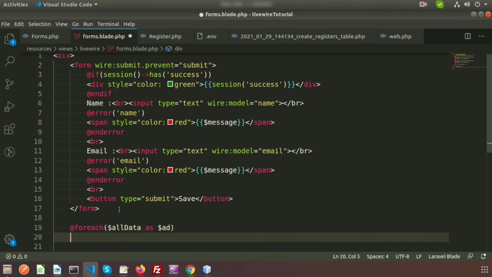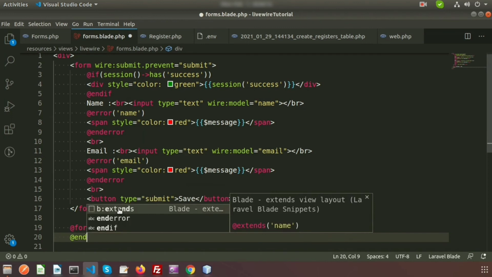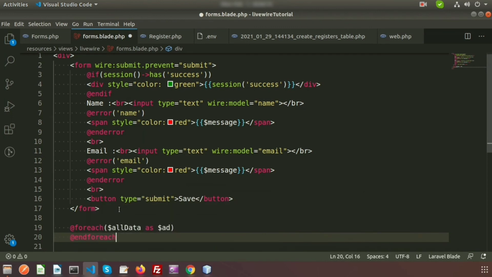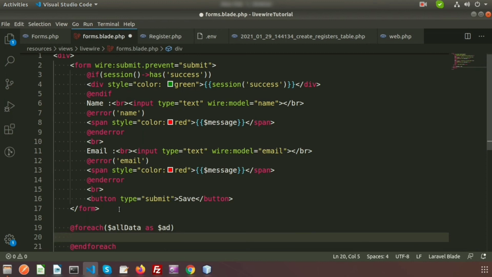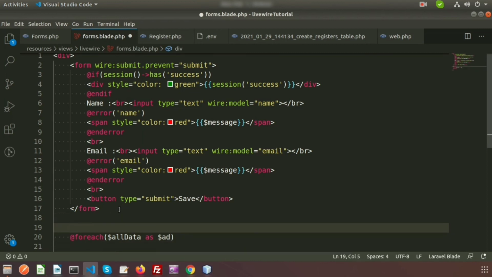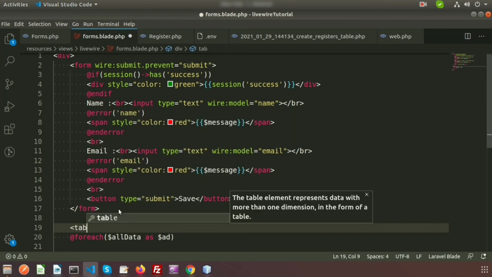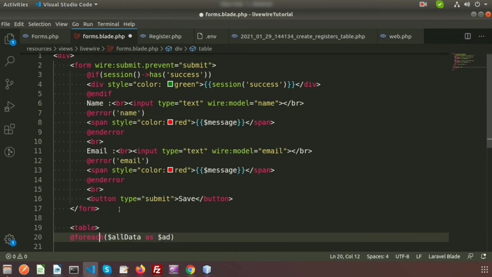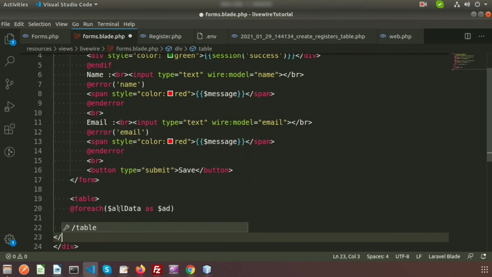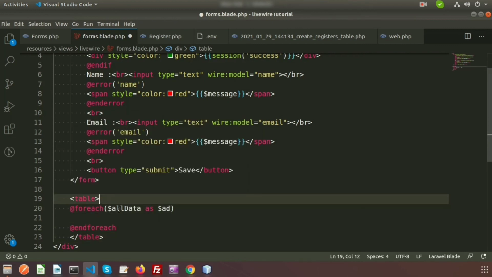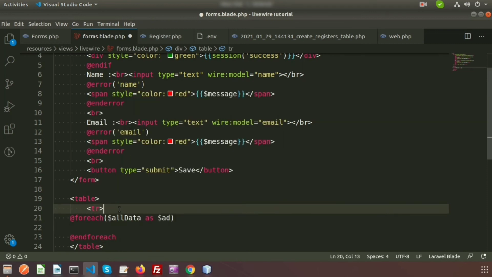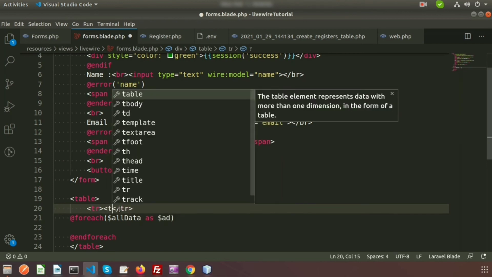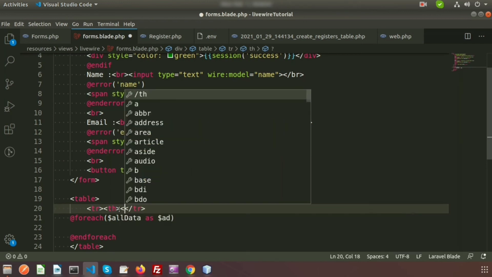Okay, so all data for AD and for each. Inside this we will create a table to show all records. Before that we will create a table heading. So right here write table, and just here close the table. Here we will create a tr, and inside the tr we will create th for heading. So here write th,